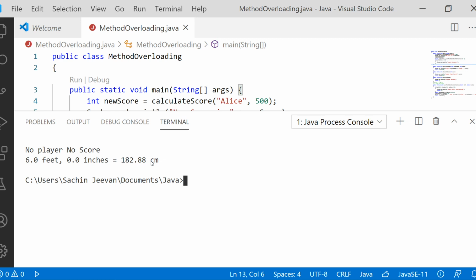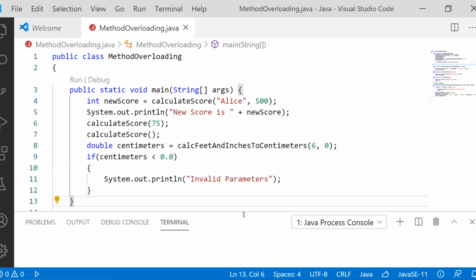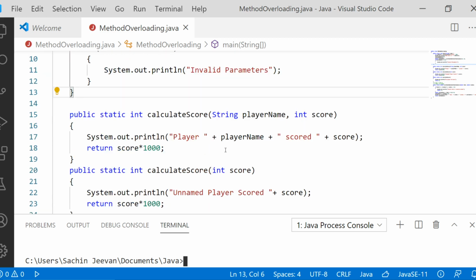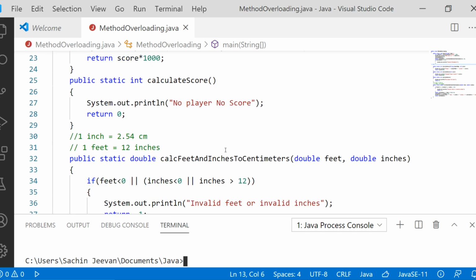This feet and inches conversion can help you whenever you have the height of a person in feet and inches. If you want to convert feet and inches to centimeters, then this will definitely help you. So this is conversion of the height of a person, say 6 foot 2 inches or 5 feet 6 inches, from feet and inches to centimeters. That's what we are doing here, right? But the main intention of doing this is actually to use method overloading. Now here we will continue with the problem statement.